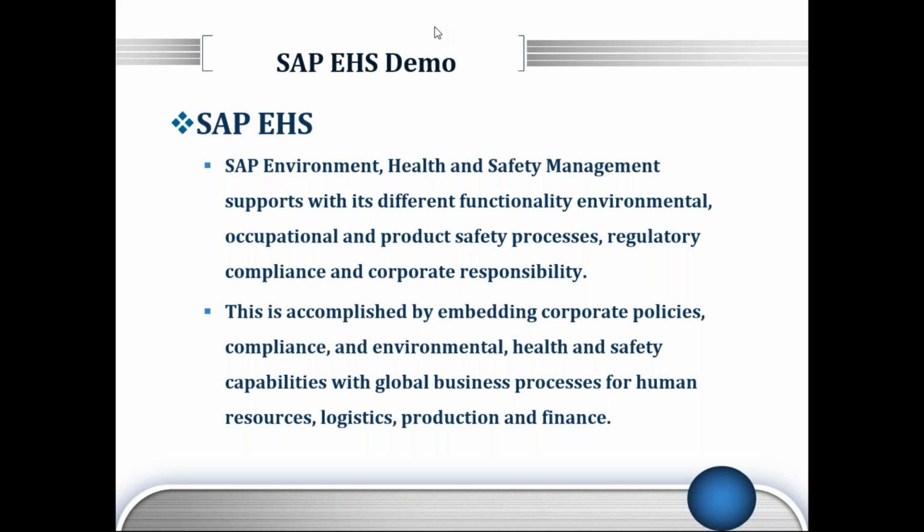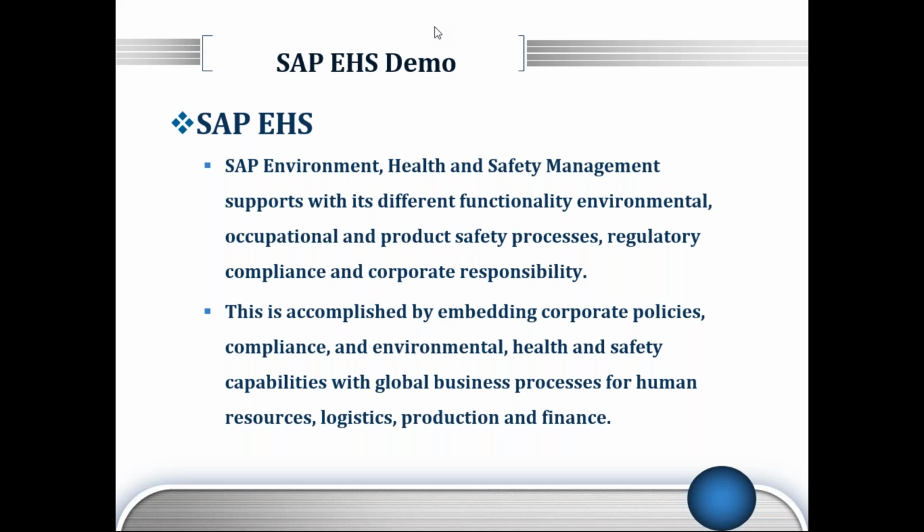Midway, IBM decided to shut down that project, and these three engineers decided they would come out of the company and start their own company known as SAP. That was the starting point of SAP.